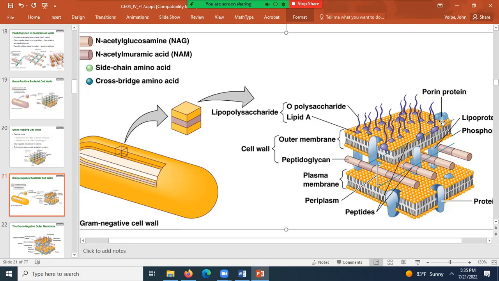For example, glucose and all amino acids cannot get through the outer membrane of the cell wall. And it's because this bilayer prevents glucose and amino acids and many other molecules from moving through the outer membrane. However, the cell does want glucose and amino acids, and they can move through the porin protein and then get through the outer membrane of the cell wall. Now, glucose and